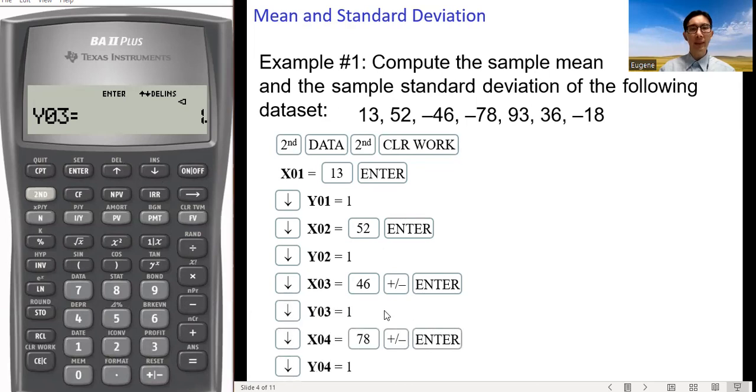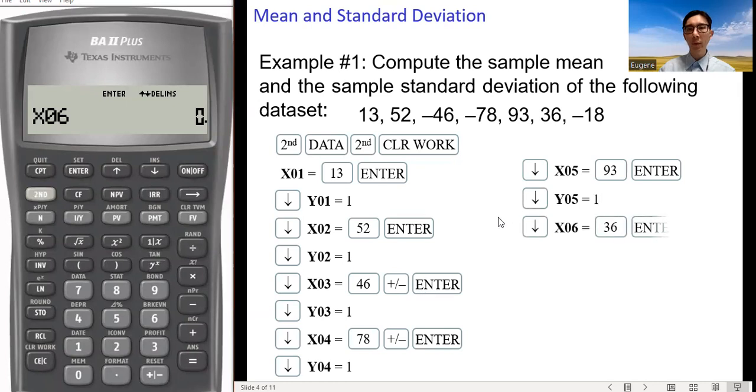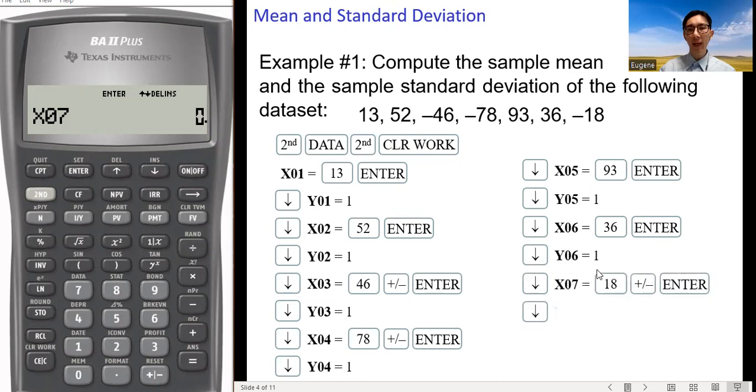The next data value, negative 78. Frequency is 1. And then the next one, 93. Frequency is 1. The next one, 36 with frequency 1. The last data value, negative 18. Frequency 1.